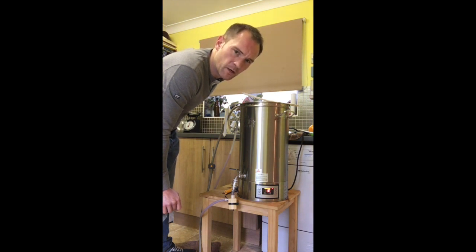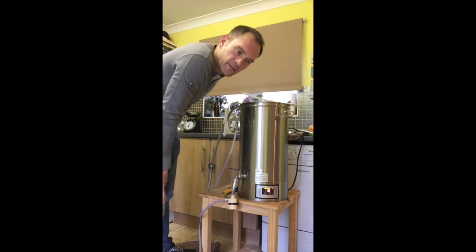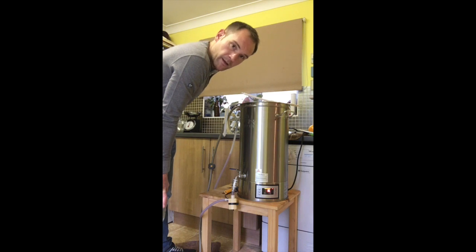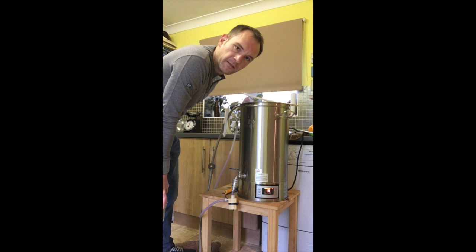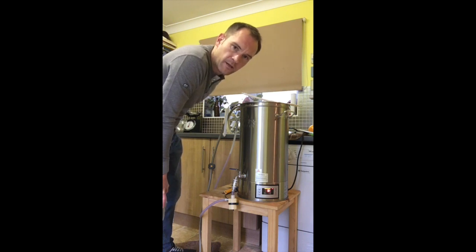So it's going to take quite a while to do, but ideally the pitching temperature for our yeast is around about 21 degrees. So we'll come back when this is nice and cool. We'll take a final gravity reading. That gravity reading will be the starting reading for our fermentation, and we'll do our calculations based on that. In the meantime, I shall get the fermentation chamber and the rods all set up and sterilised, and we'll be